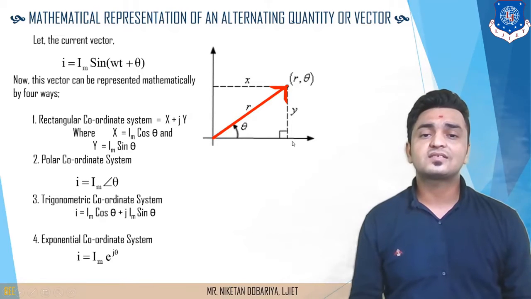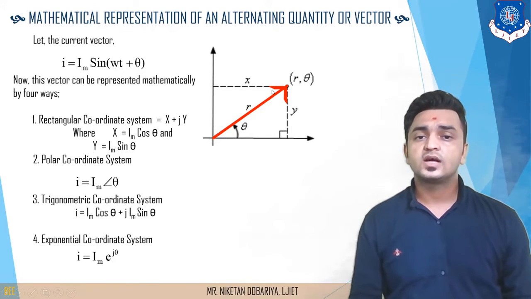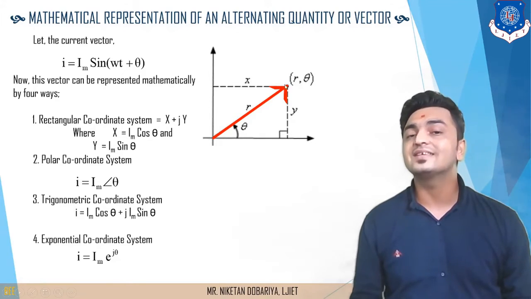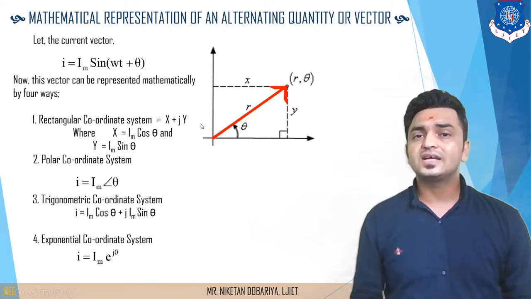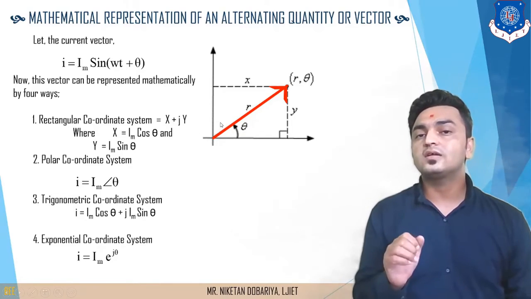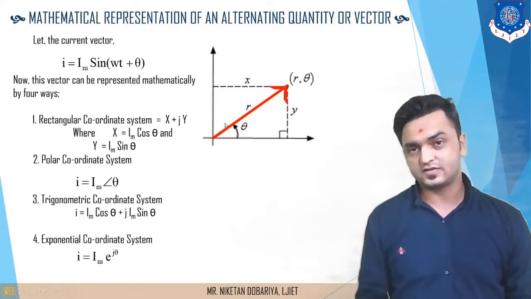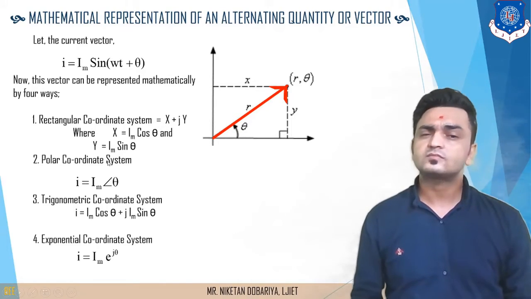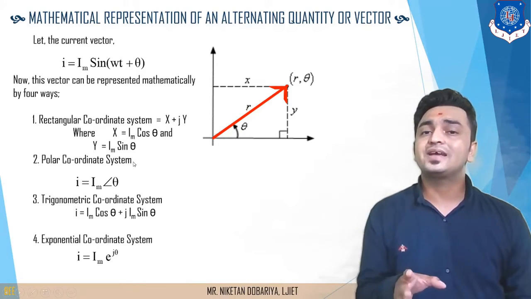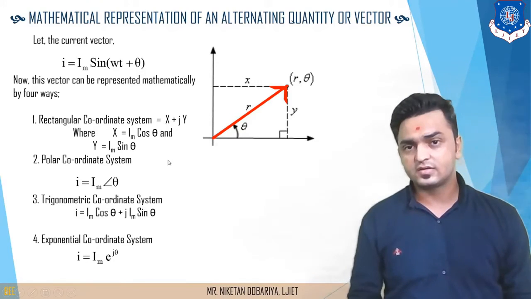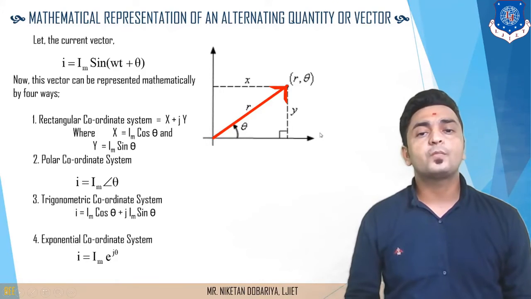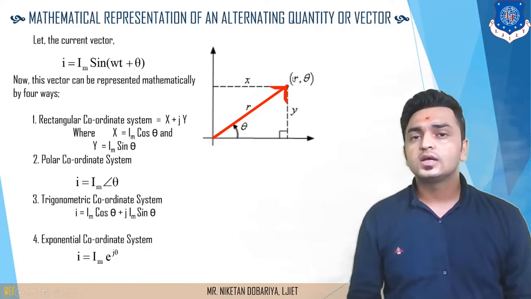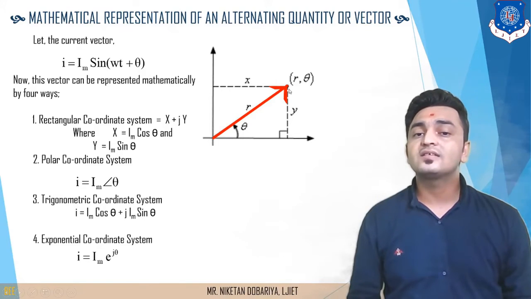This is the x component of this vector, and this vertical component defines the y component of this vector or this resultant point. So basically we can define this vector in mathematical form by various methods. Now let's consider the first one, that is the rectangular coordinate system, in which we define a vector by its x and y coordinates. Here the x component of this vector is given by this x value, and the vertical component is given by this y component.